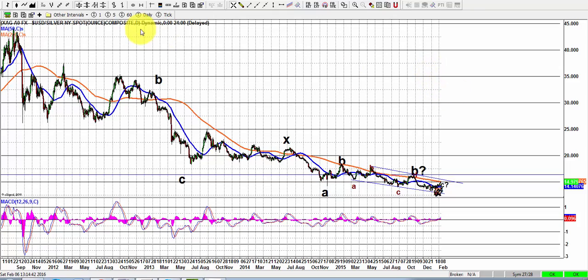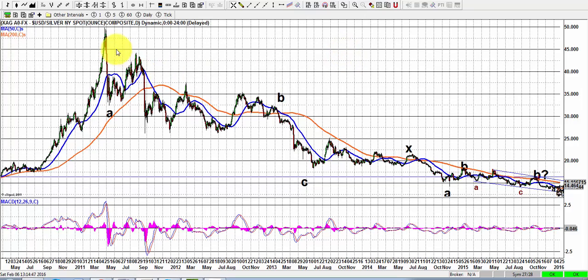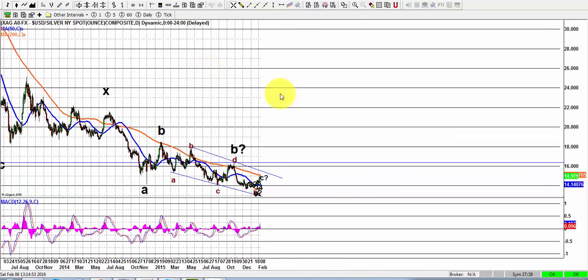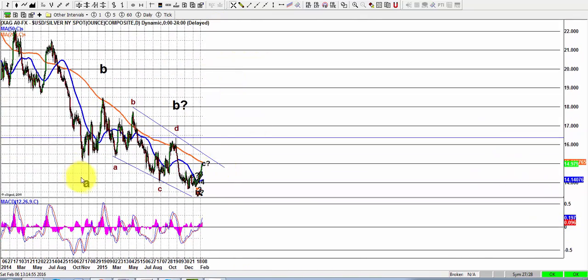Now this is silver. That's the daily clean chart here with a few ideas. That's coming down A, B, C, no change. That's an X, no change. Right here I just want to introduce an option. That's an A, that's a B, and that's potentially a bottom if we consider that that was a terminal diagonal in a following manner: A, B, C, D, E, and it found a bottom here,